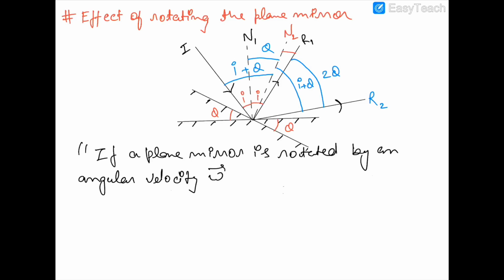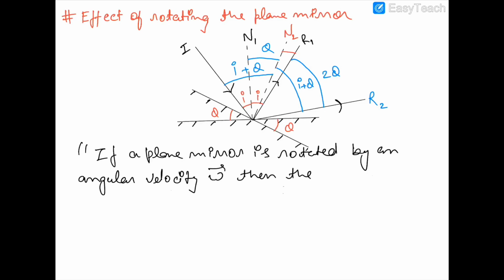If the mirror is rotated by an angle theta and the reflected ray rotates by an angle 2 theta in the same sense, then they both have rotated these angles in the same time. Hence if we differentiate their deviations, we will get their angular velocities, and therefore we can say that if we rotate the plane mirror by an angular velocity omega,